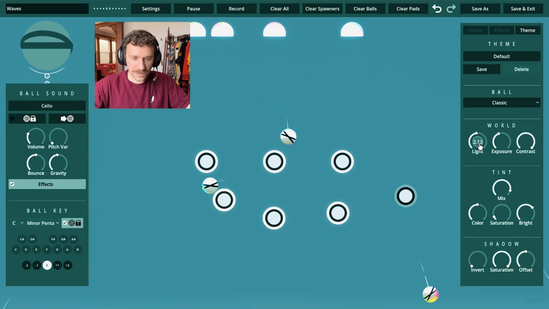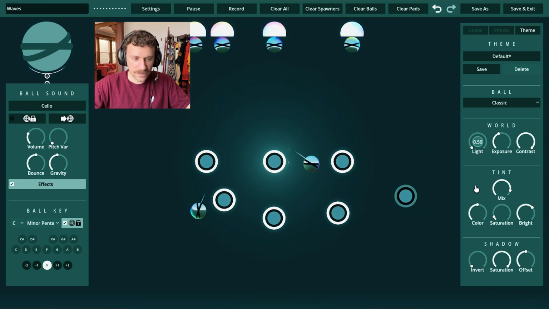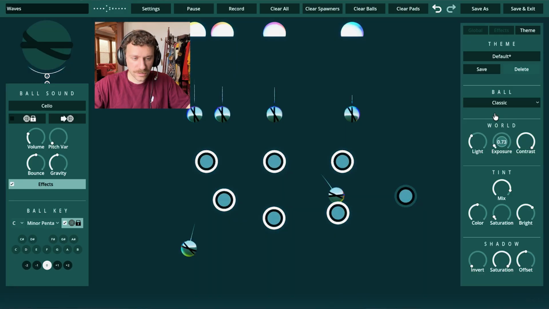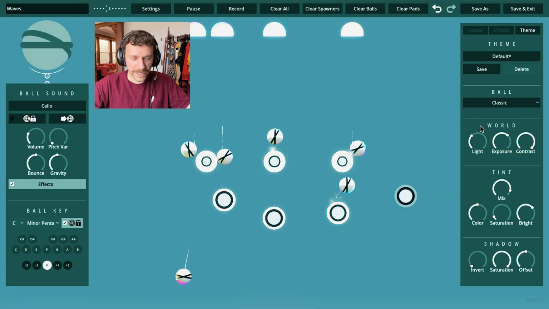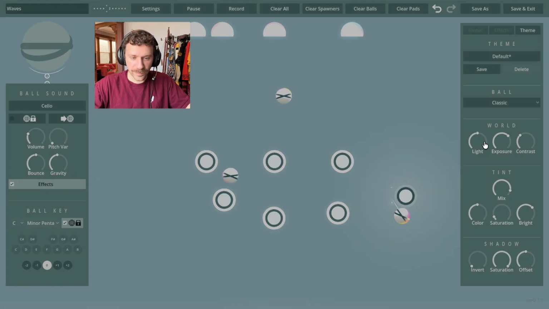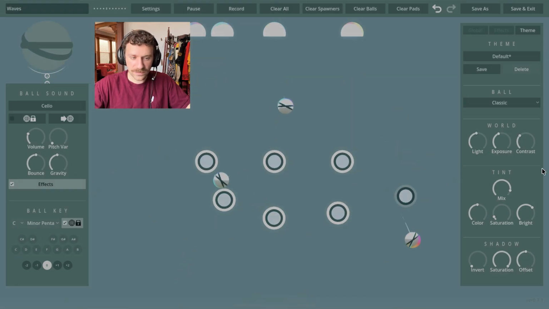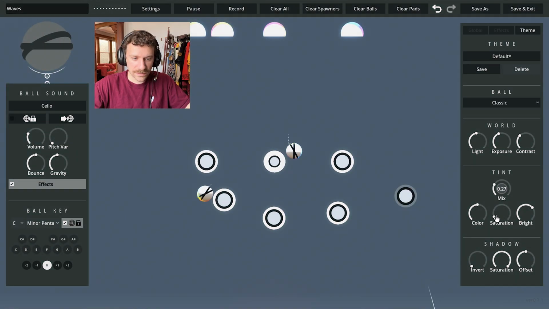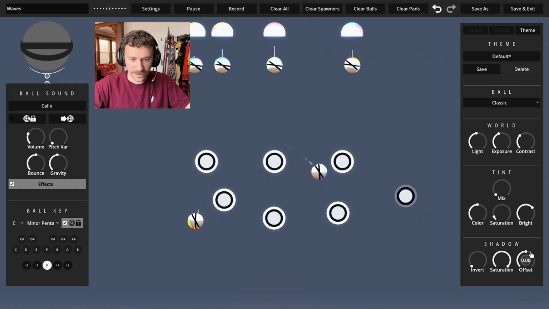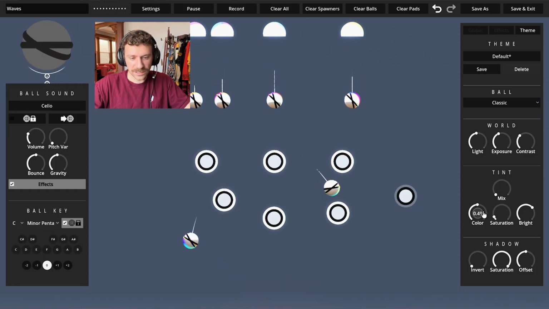So the world is maybe pretty self-explanatory, but you've got your light. You've got general exposure. And you've got contrast. And again, you can hold command and click to set it back to their defaults. And then from here down is kind of like the tint section. So if you have the mix at 0, none of these other knobs will do anything because they're affecting the